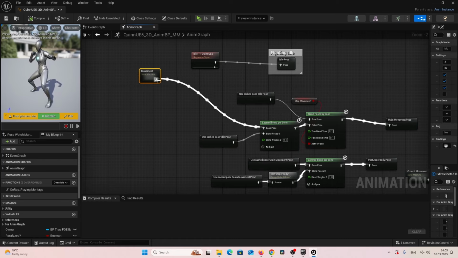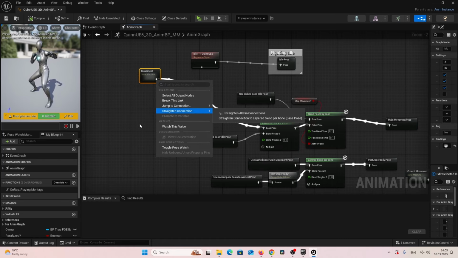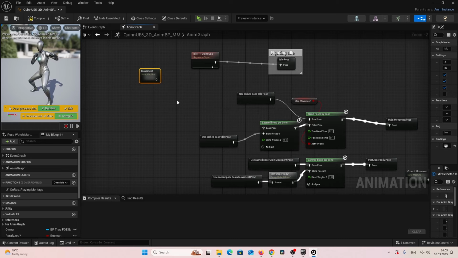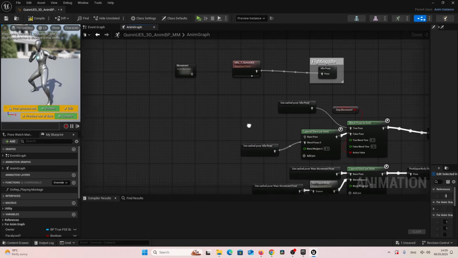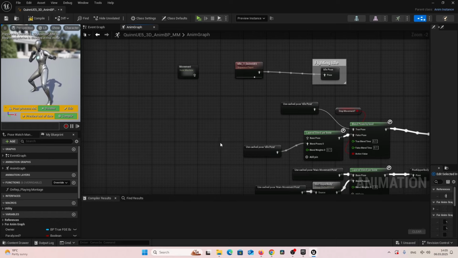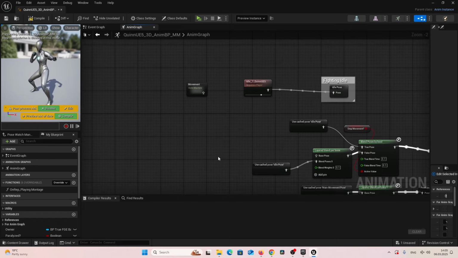So let's just detach the movement node, break this link, and instead of this input we are going to use our motion matching. First of all, let's do it without any choosers, and without jumping and crouching, just